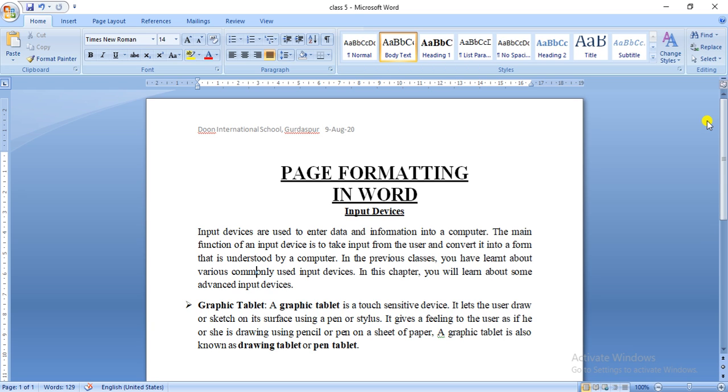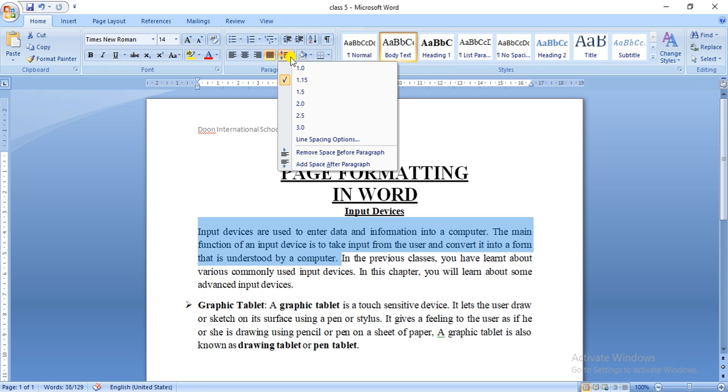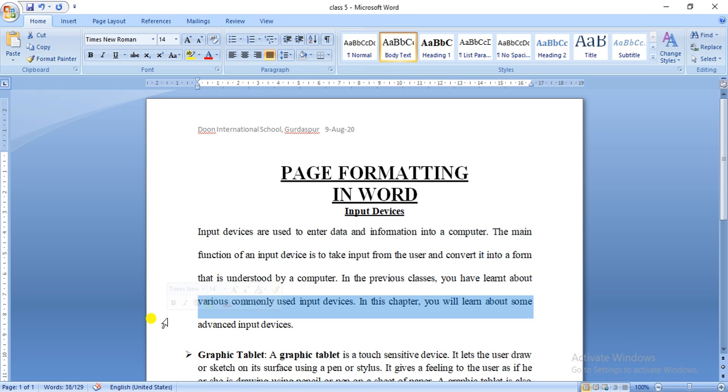Now to change the line spacing, you have to first select the text. I will select my text over here and click on the line and paragraph spacing button present in the paragraph group on the home tab. Now as soon as you click, you can see a drop down menu appears. Now you can select the desired option accordingly. So I will select over here 2.0 and you will see the line spacing, that is the blank space between each line of a paragraph, have been changed. So in this manner you can do your line spacing.